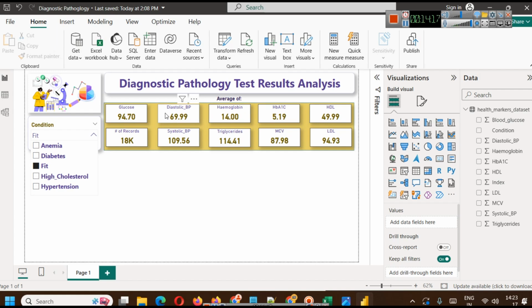is given like this, which is a little bit doubtful to me, but whatever data is given, we are just bringing the insights as per the data. And HbA1c in fit people is actually as per overall average. HDL and LDL are 50 and 95, we can say. People with high cholesterol have very high LDL value, and people with